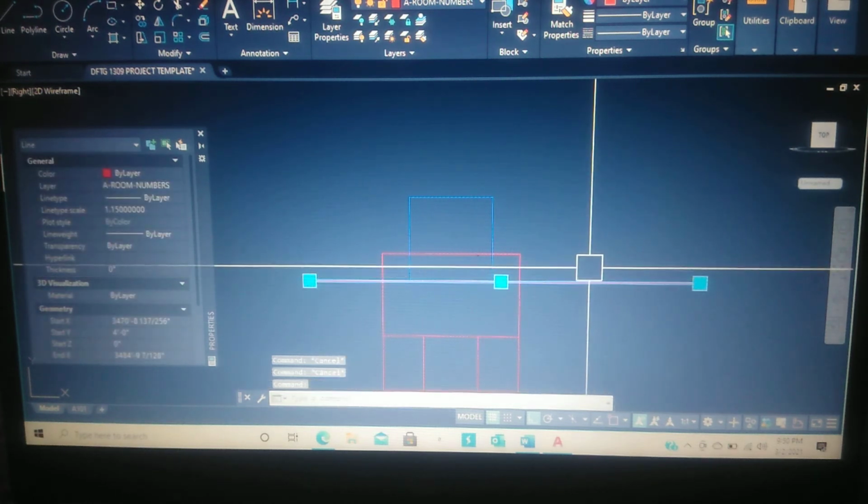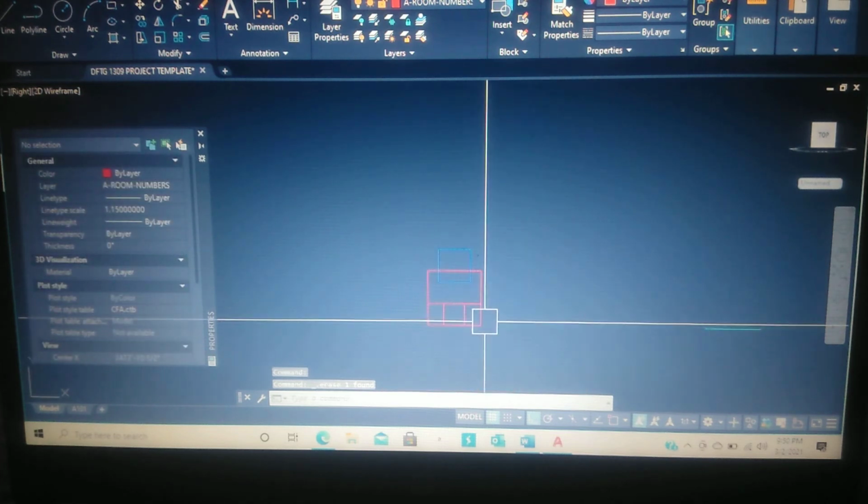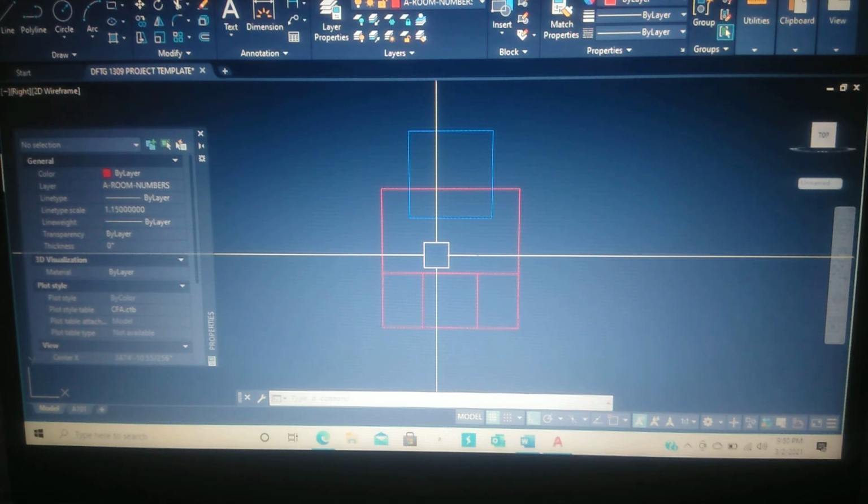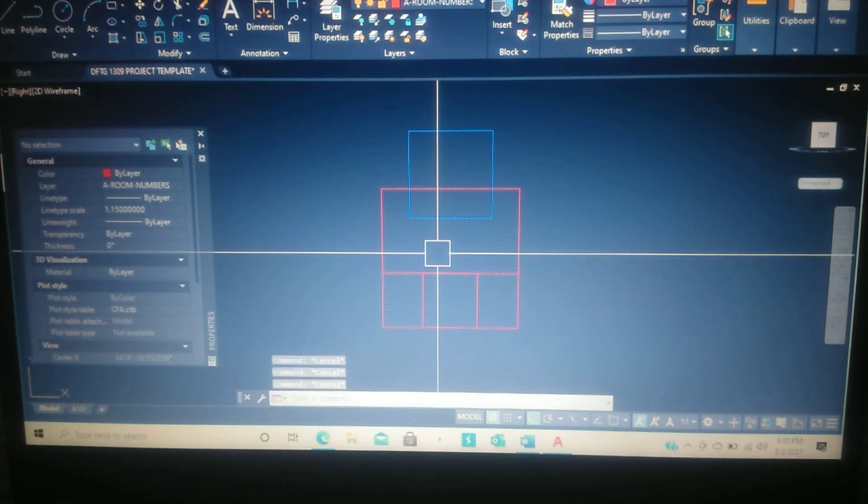Let's go ahead and delete this line. Now, we need to tell AutoCAD that we are about to go out of this view. So what you need to do is type in U for